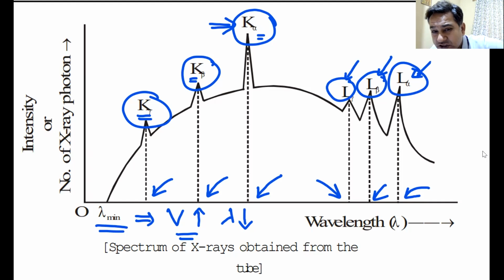Which will have the most energy? K alpha. Do we understand this? Yes, sir. So that is how you find out the correct answer from the given options. I hope you have understood this and you have noted this down. Yes or no? Yes, sir. Sure? Yes, sir. Shall I move ahead, sir? Yes, sir. Okay, then we come to